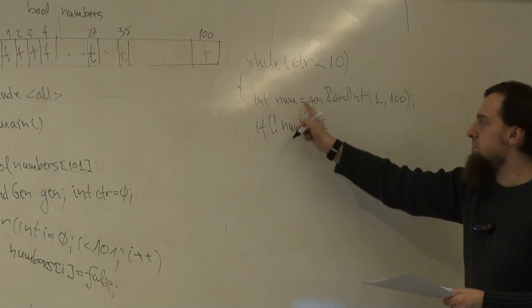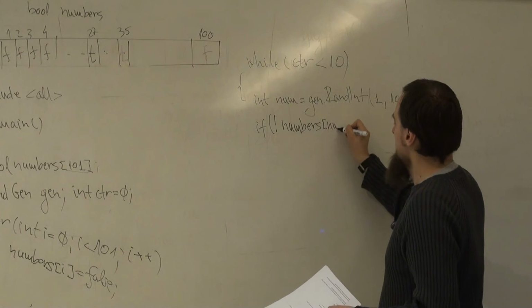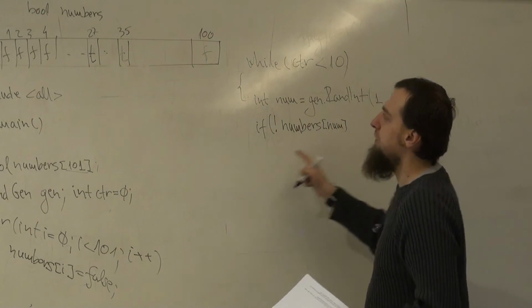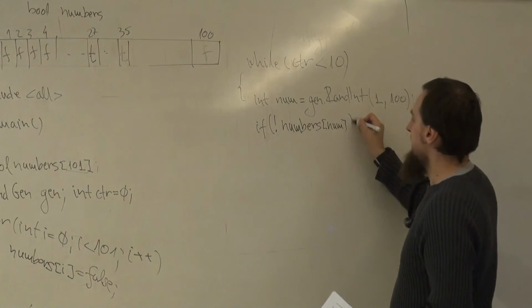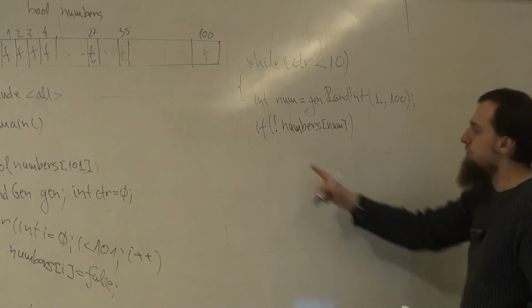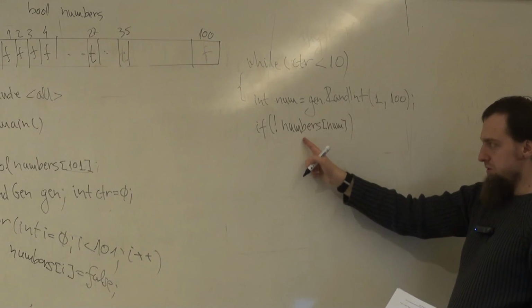No, generator is not an integer. Num. Okay. So if num is 35, at index 35, I check whether it's false or not, meaning whether it was generated previously. If numbers of num is false,